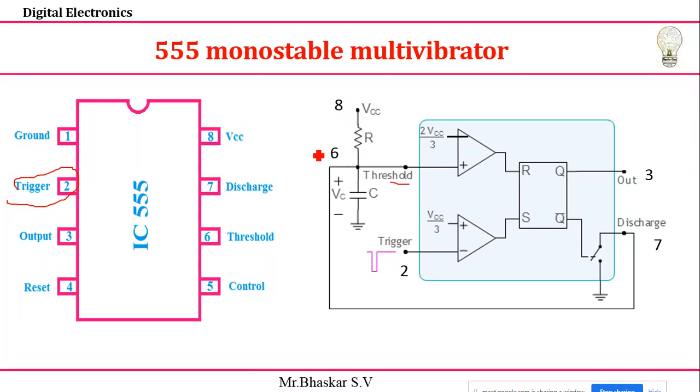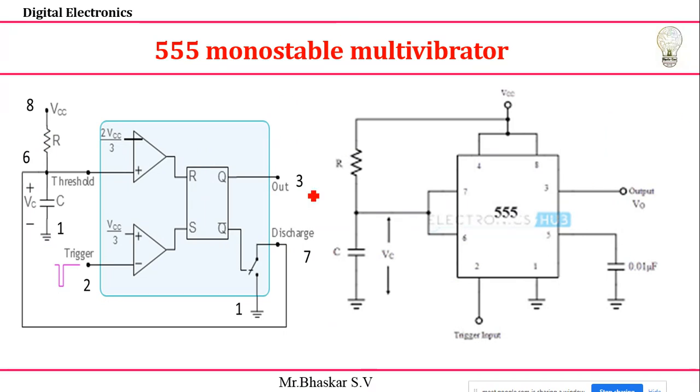Carefully observe that between pin number 8 and 6 we are going to make this connection. I'll connect one resistor between 8 and 6. After 6 you have a capacitor. Just connect one capacitor here and connect it to the ground. That's all. So what is the circuit we are getting? One end is connected to the ground, and here also it's ground.